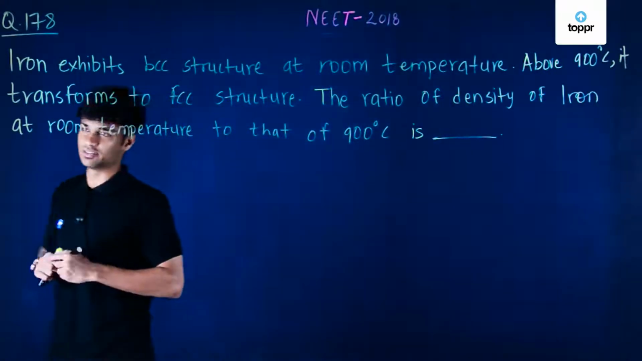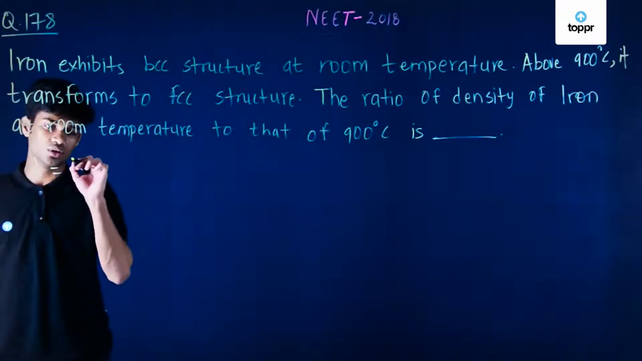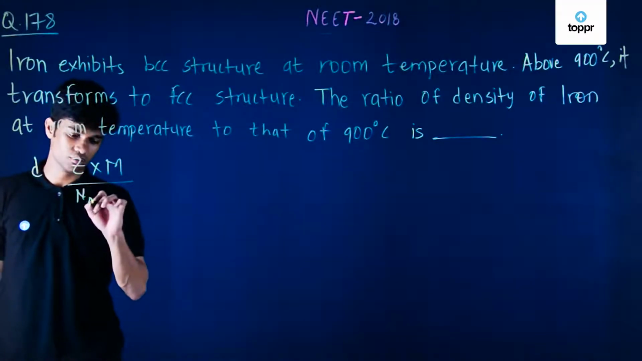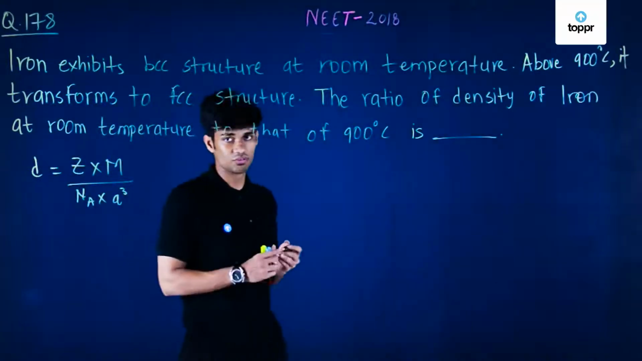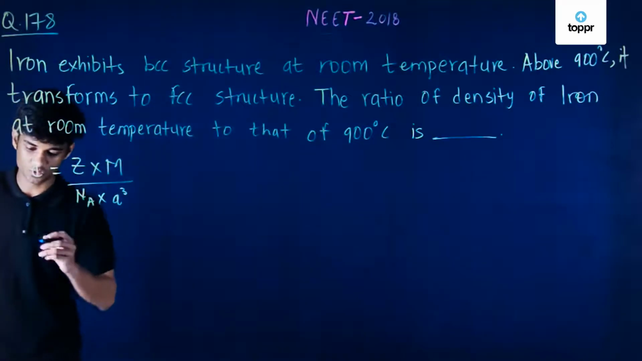It's pretty straightforward because you have a direct formula for density, which says density is equal to Z into M upon Avogadro number into a cube. This is a simple, pretty straightforward formula which comes directly from the NCERT book. Now, what happens is for